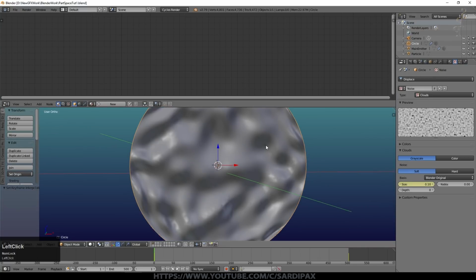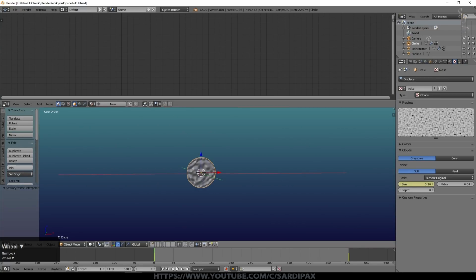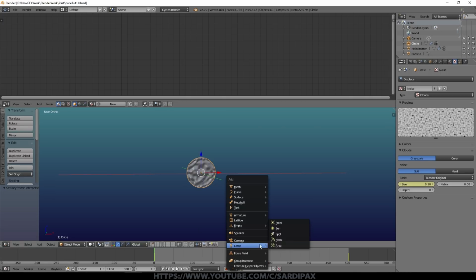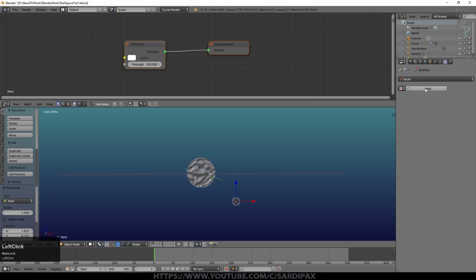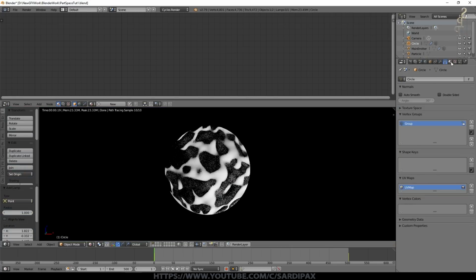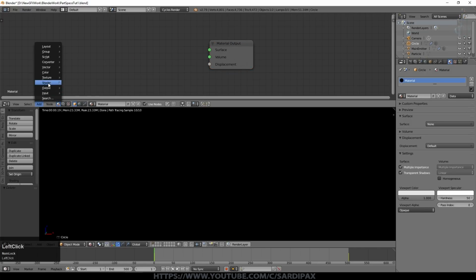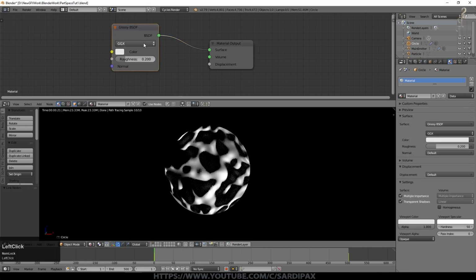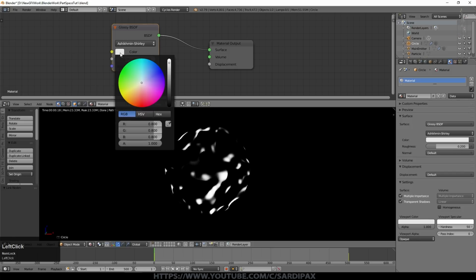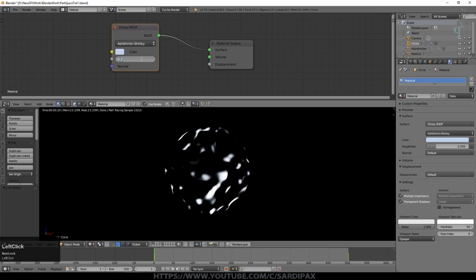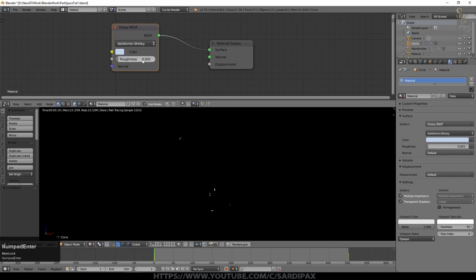So let's just set the material for this object now. At this point I'm going to put a lamp in the scene just so that we can see what we're doing. I didn't use a lamp I think in the end, but we'll just put a point light here. That's just an undefined material at the moment, so we'll say new material, and all I did was just take the diffuse away, add a shader which is a glossy, connect that in, set that to Ashikhmin-Shirley. I used a slightly blue colour, very slightly, and a very small roughness of 0.001, so it's a very shiny surface.